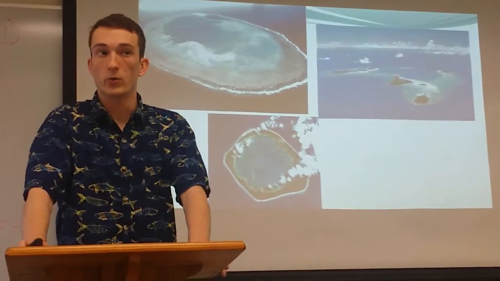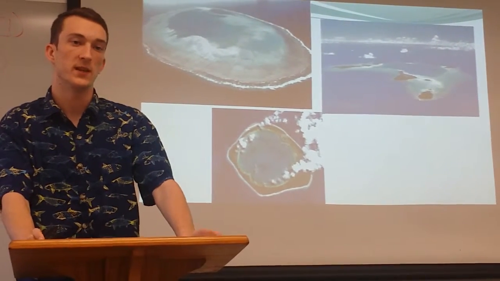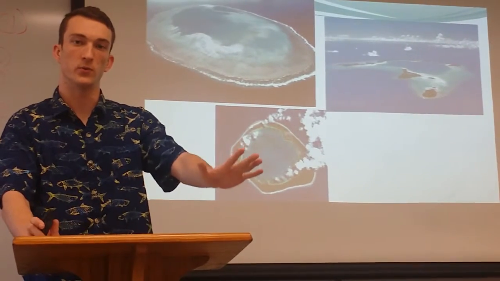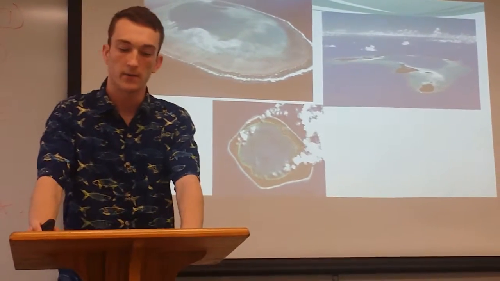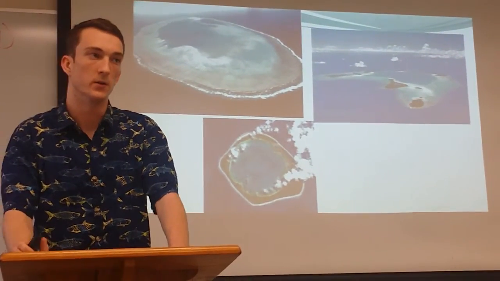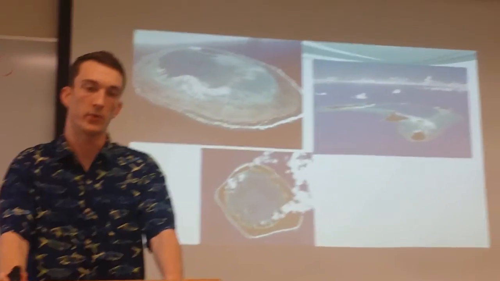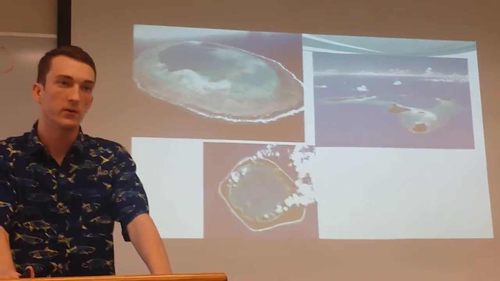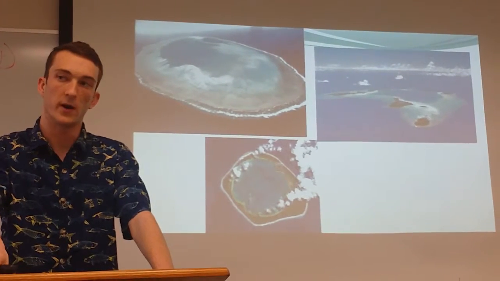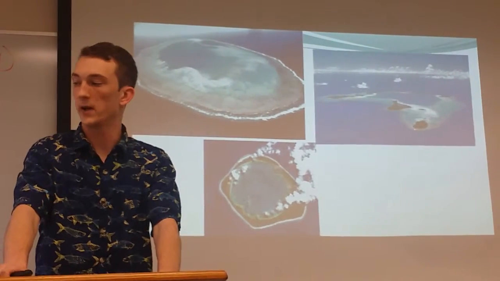You may not know what a coral atoll is, but it is one of those desert islands you see, like in the movie Castaway with Tom Hanks. They're just beautiful, serene little islands, and they're normally found in the South Pacific Ocean, below the equator and around the equator. They are small islands that are surrounded by a ring of coral reef, which protects an inner lagoon, which normally has an island at the